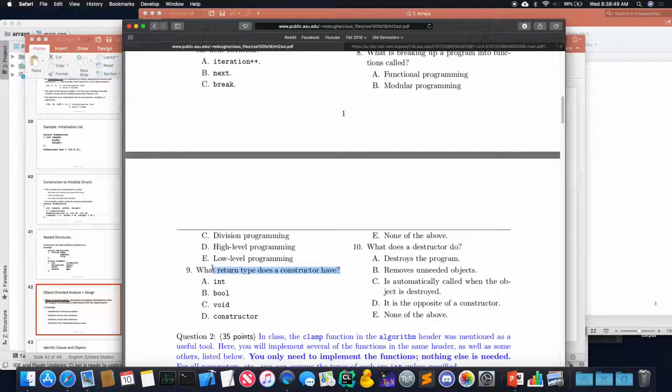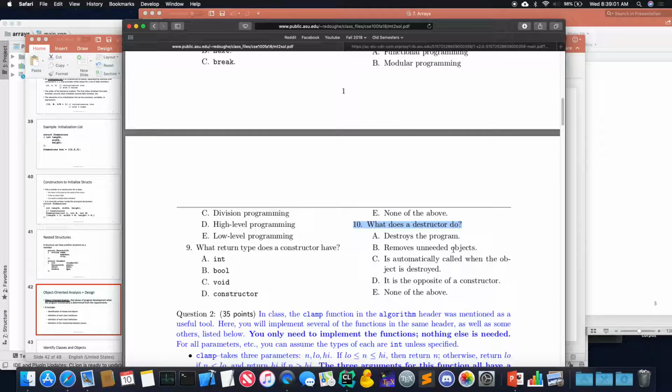What return type does a constructor have? None. It has no return type, not even void. So the first four are not true, so it's E. And what does the destructor do? It's C. For this one, destroys a program, what does that even mean? Removes unneeded objects.